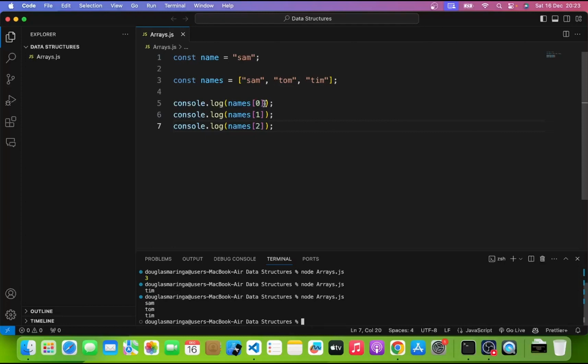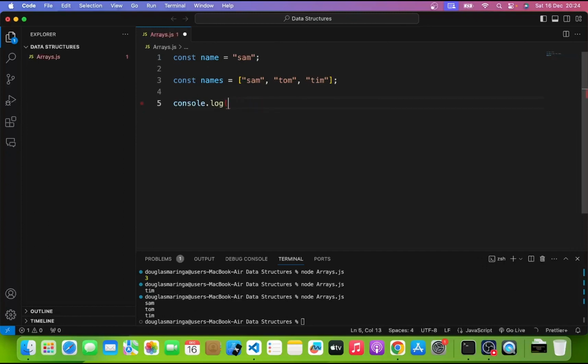So in JavaScript we have loops, so we can make use of a for loop or a for each loop. A for each loop is something that comes with arrays. It allows you to loop through an array, but I always like to use a for loop so that we can get the basics of things. So what the loop will be doing is looping up to the length minus 1. Why minus 1? Because the array starts from 0. Remember when we said length, it gave us 3. If we loop to 3, that doesn't exist in this array. It's 0, 1, 2. So we say minus 1 so that we get 2. Okay, so to loop through this,